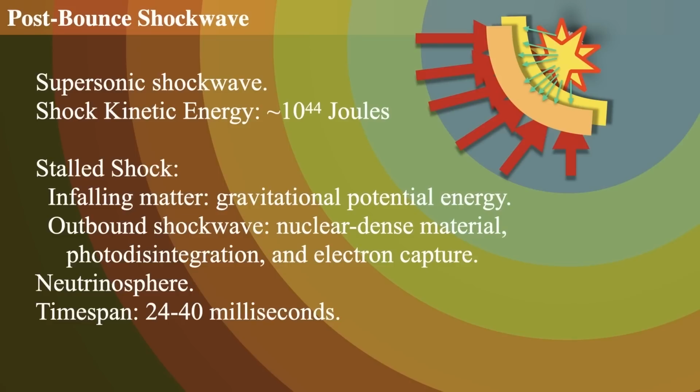That shock wave kicks out a huge amount of energy, 10 to the 44th joules, which is the equivalent of about 100 billion suns. That all happens in less than a quarter of a second. And in about 20 to 40 milliseconds, which is the same time it takes you to snap your fingers, all